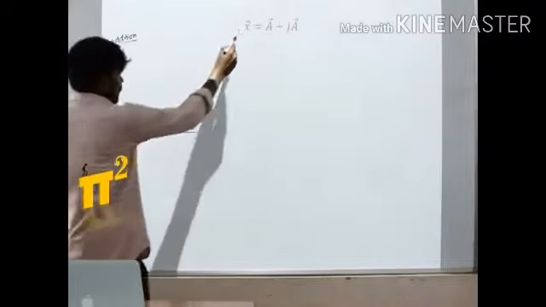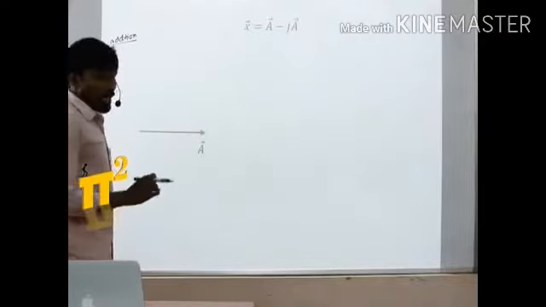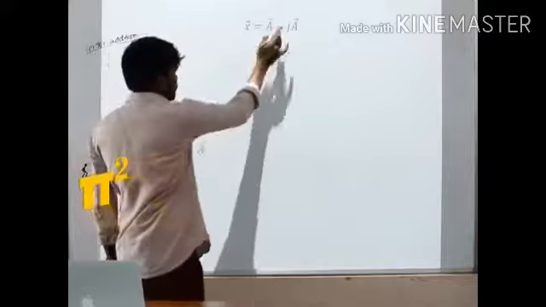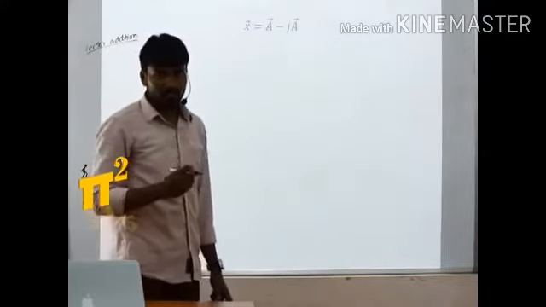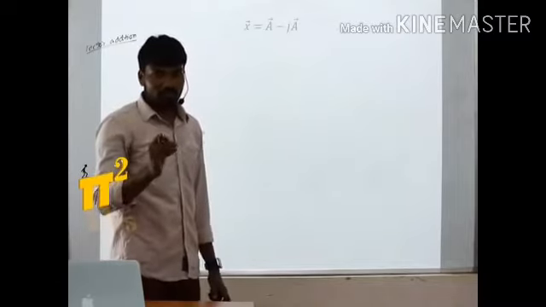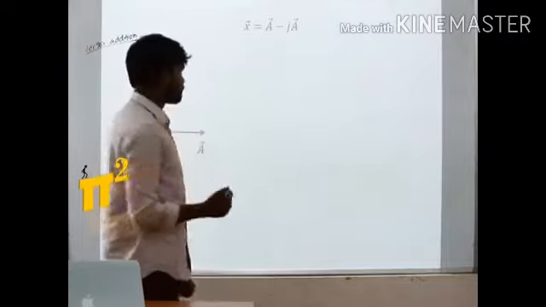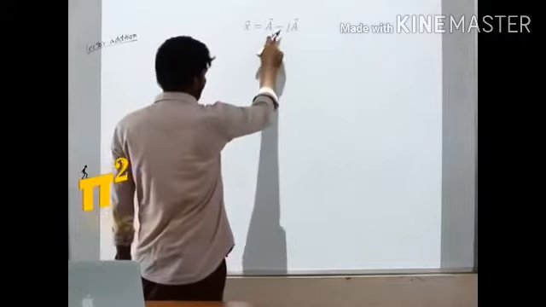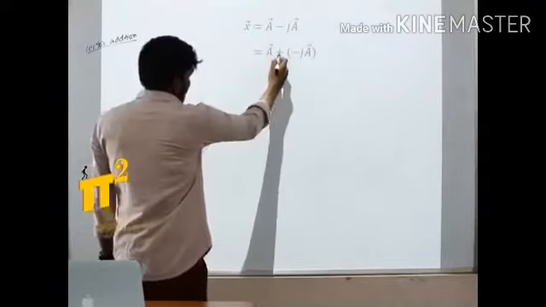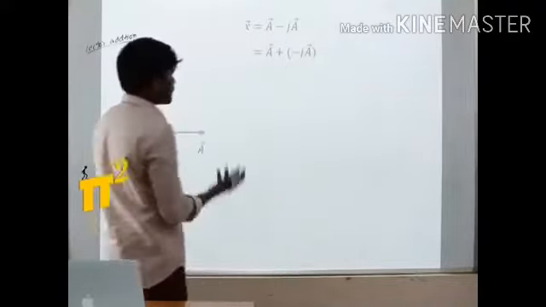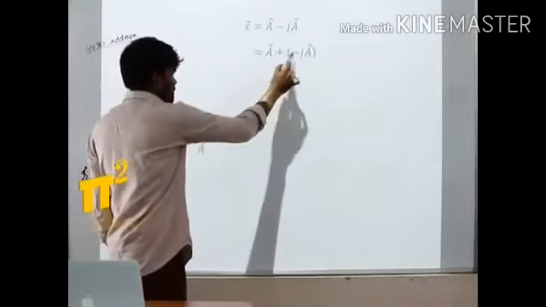Yeah, next. Now the expression has changed to a minus ja. So I don't like to go for subtraction of the vectors. I always prefer to go for addition of the vectors, which makes it easier. It's not that you have to follow this, but I prefer it. You may follow subtraction also, but I prefer addition. So I would like to change this expression into the addition expression. That is a plus minus j into a. Both are mathematically equal.